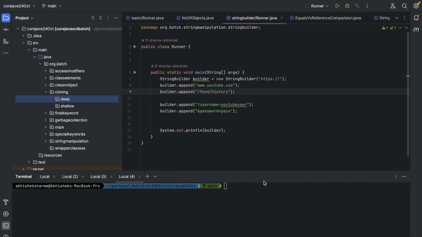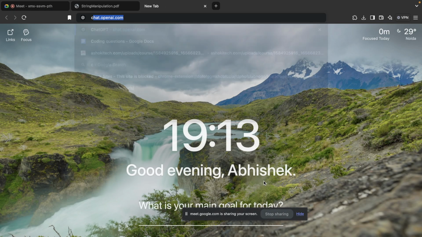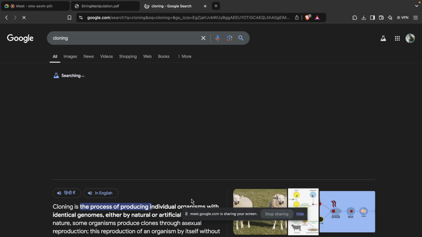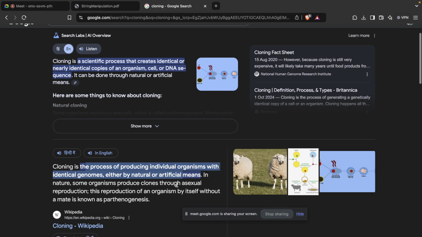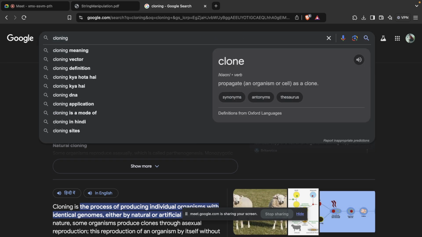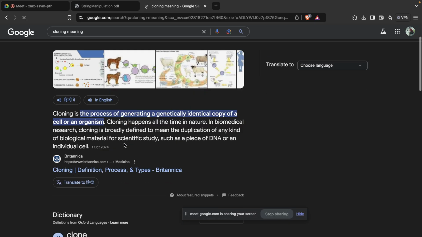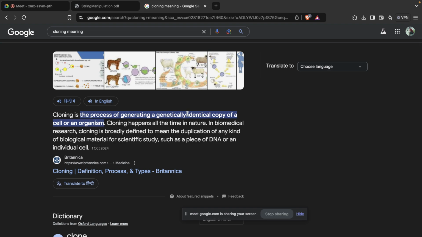Yeah, what is cloning? All right, no worries. Creating the same thing. If we just Google it, simple cloning: the process of producing the digital... Oh, okay, not the literal meaning. Okay, identical copy, right? Instead of organism and cell, we can leave those, because we are doing the work with